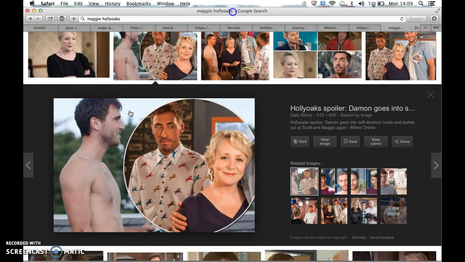So, you could say that this Damon guy is almost like your Jesus character, because he's trying to love his brother, no matter what sexuality he is. Because that is what Jesus teaches us, to love your fellow man, no matter his race, color, religion, sexuality. This guy, Scott, looks like he's got horses on his shirt, so that could represent the rider on the white horse in the Bible, which is basically Jesus.